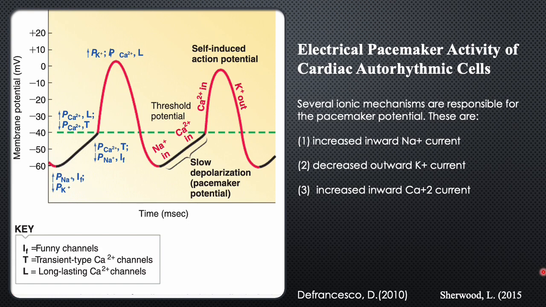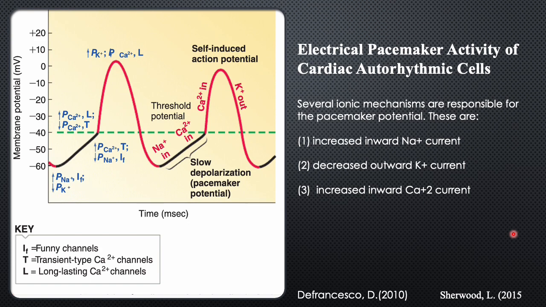When one action potential ends, the funny channels open, resulting in a depolarizing net inward flow of sodium ions and regenerating sodium currents through these open channels, which immediately start moving the pacemaker cell's membrane potential toward the threshold. The second mechanism contributing to this pacemaker potential is the progressive reduction in the permeability of the potassium ion